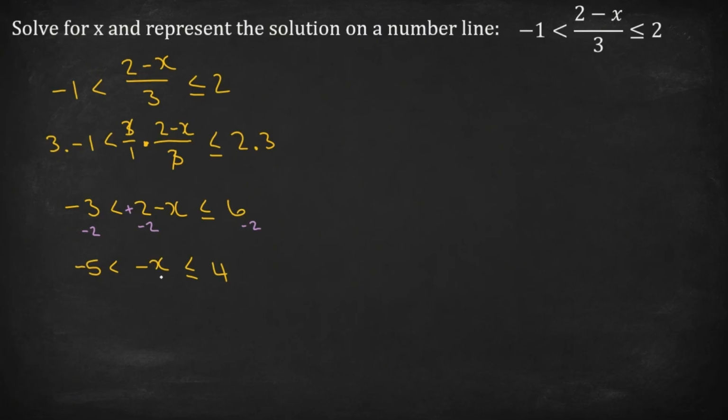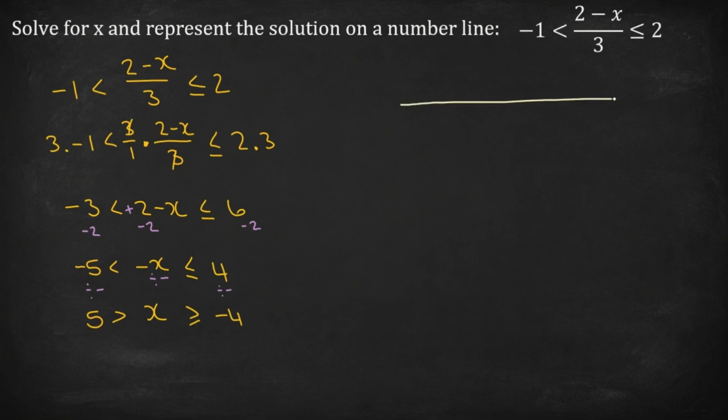So to get rid of that negative sign, we have to divide by negative. So whenever we divide by a negative, you have to flip your sign. If I divide by negative, you have to divide by negative on the left and the right as well. That will give us a negative divided by negative is positive 5, but my sign must flip. Okay, and here we've got this 4 divided by negative. So a positive divided by negative is negative 4. And again, you have to flip the signs. So now the inequality is done, we can represent this on the number line.